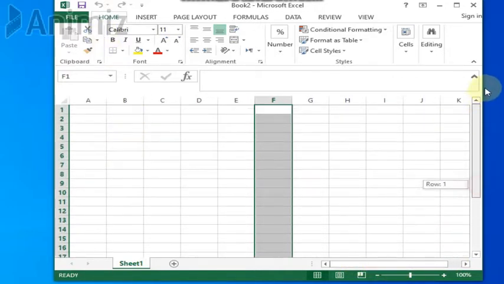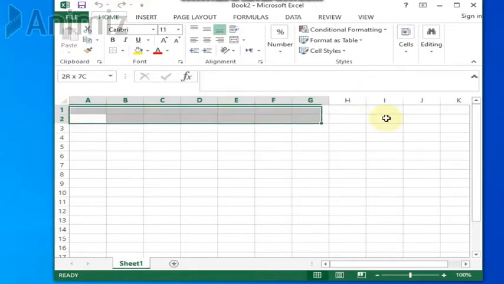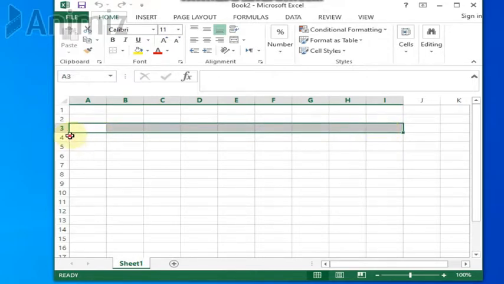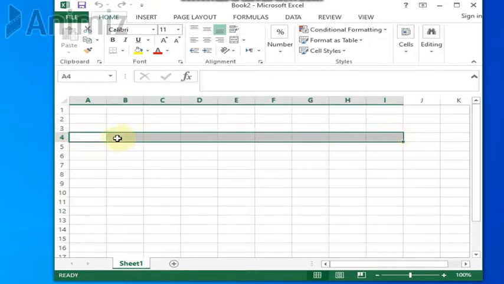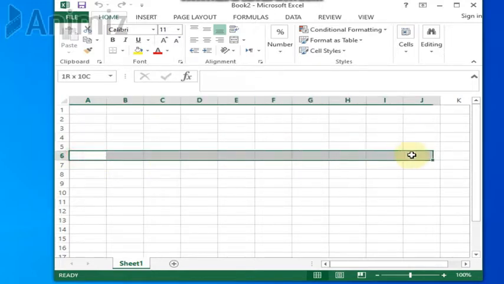And similarly, we have rows: row 1, row 2, row 3, row 4, row 5, row 6, and so on.